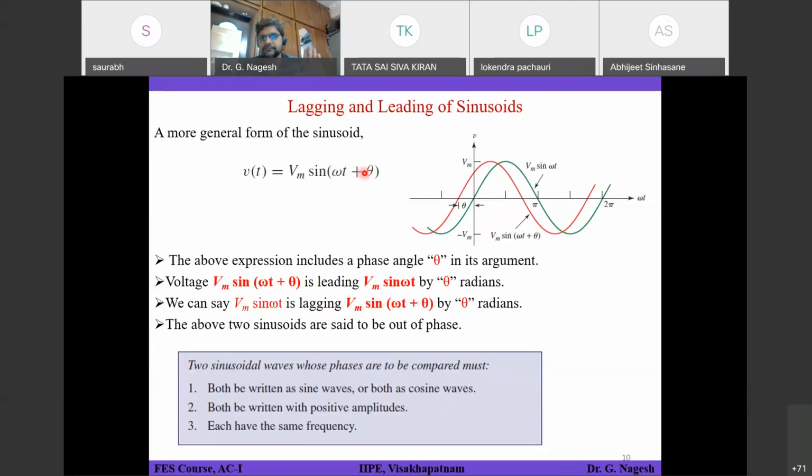Okay. So you can add only two similar quantities. This is the radians unit. So theta should also be expressed in radians. Then only you can add up these two. Otherwise you can't add.